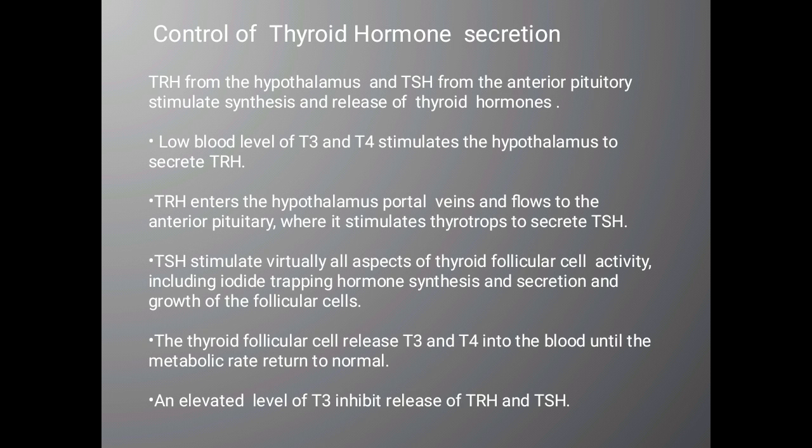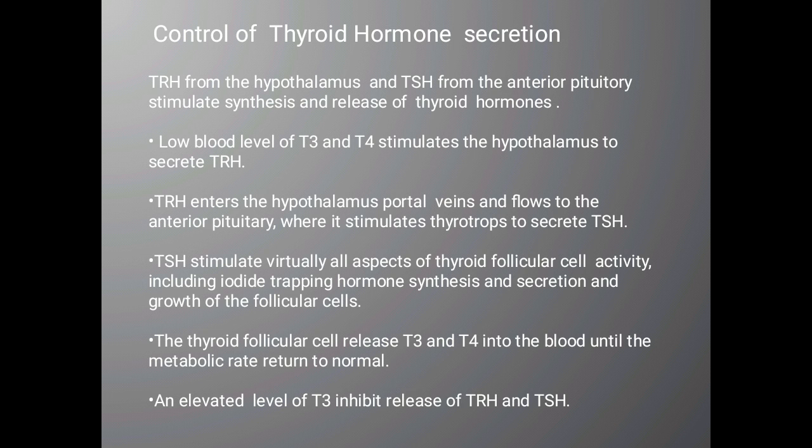TRH from the hypothalamus and TSH from the anterior pituitary stimulate the synthesis and release of thyroid hormone. So, a low blood level of T3 and T4 stimulates the hypothalamus to secrete TRH, thyroid releasing hormone. Thyroid releasing hormone enters the hypophyseal portal vein and flows to the anterior pituitary, where it stimulates thyrotropes